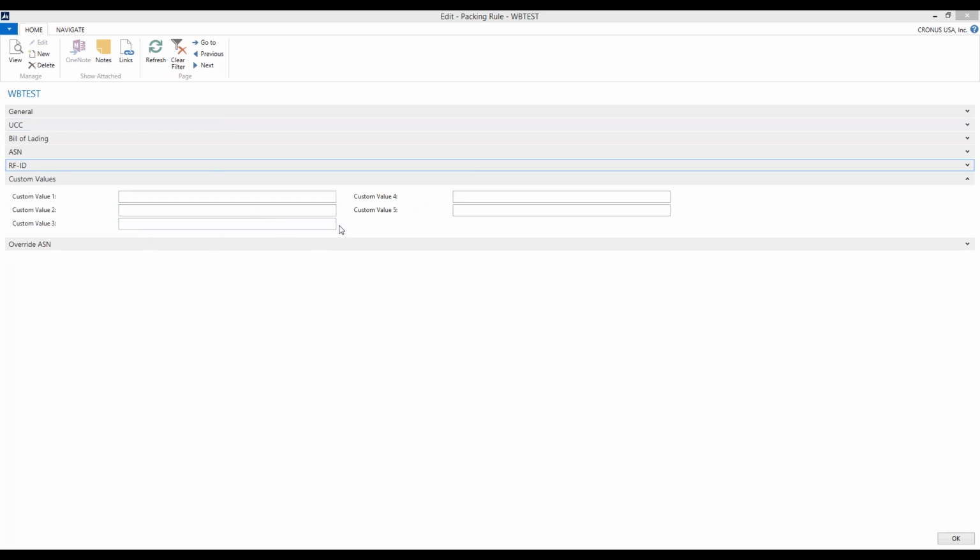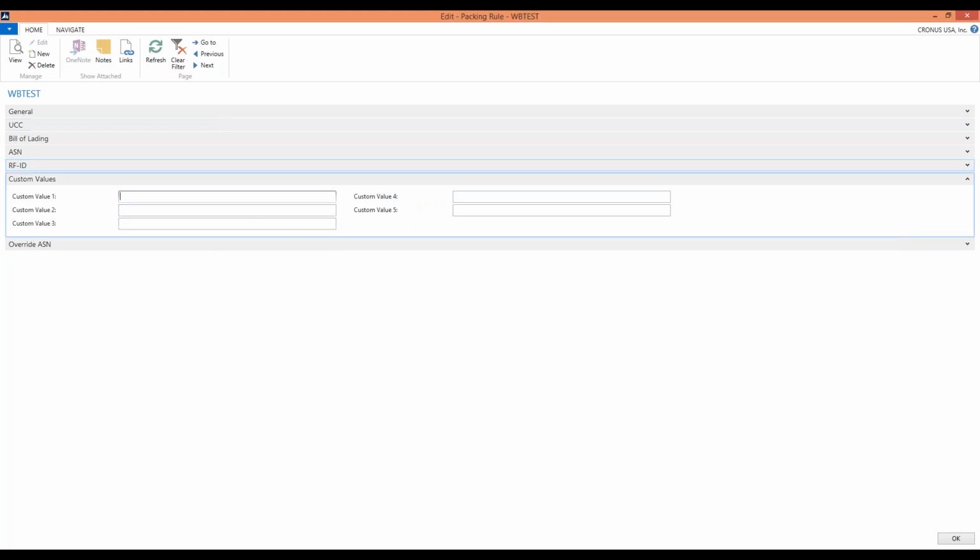All right, and then we have customized values. So this tab is the storage place for data that is needed for producing a customized bill of lading or a label during the packing or ASN process. You can use this customized value either or, not both on the same rule, or if the information is the same. If you are creating your own labels, and you have information that the customer always wants, like